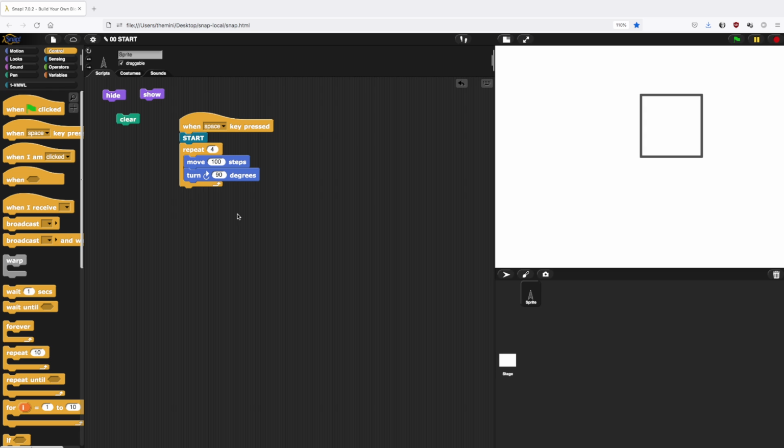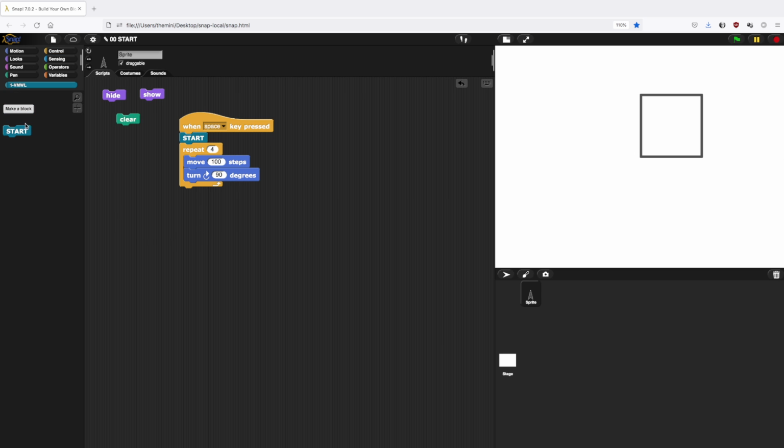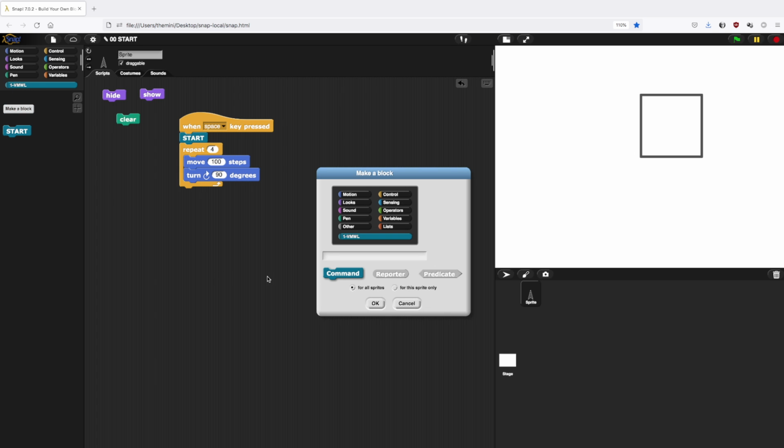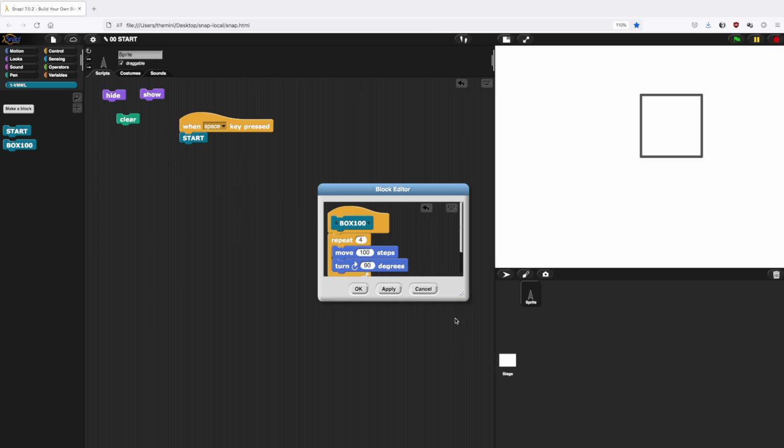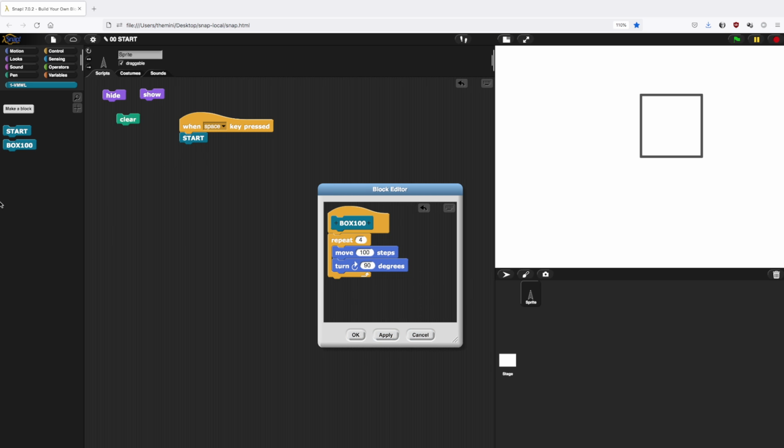But if we wanted to sort of reuse it again, it's much nicer to actually turn it into a block. So if I press our little first chapter here, I can make a block, and I could call it box. And we'll expand on it, but for now it's actually a box 100. I could remember it like so because I can take this definition and move it here, and now you can see I say apply, and